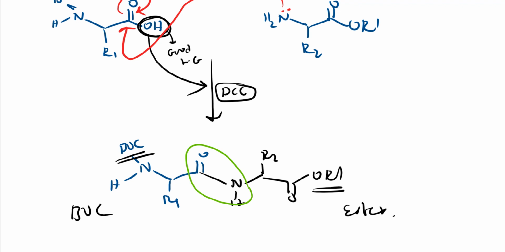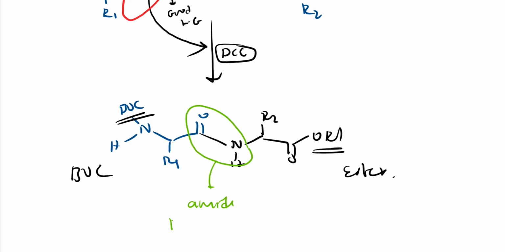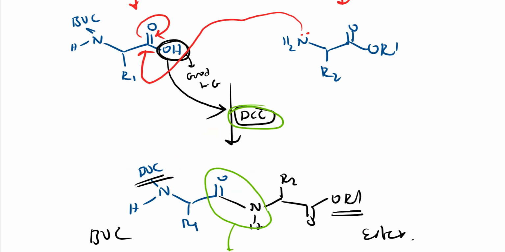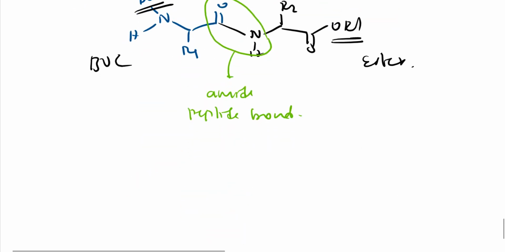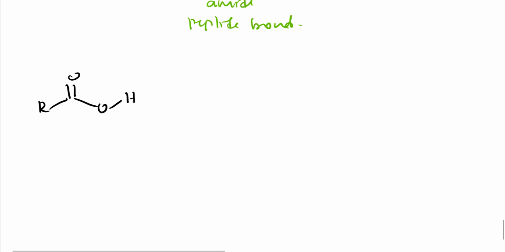So you will get amide here. This amide bond is nothing but a simple peptide bond, right? So here DCC makes this oxygen a good leaving group. I have told these things in the reactions above, but I didn't mention how it makes a good leaving group, right? So see here, with this acid, let me explain again.